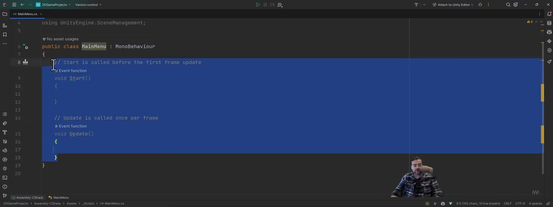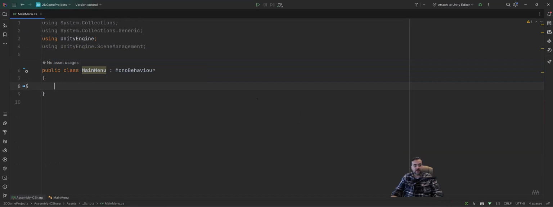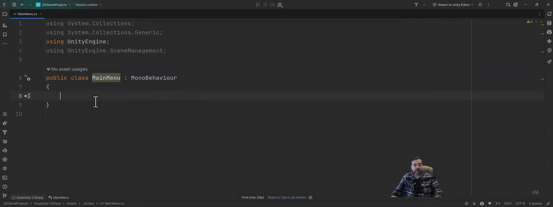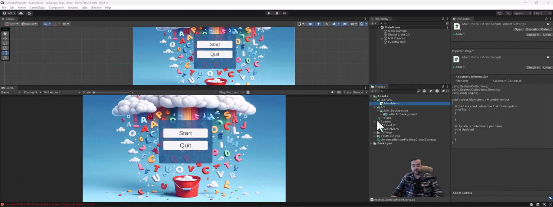I'm not going to be using Start or Update, so I'm just deleting that. Now, here's another thing that a lot of people get caught up on. These curly braces here indicate the opening and the closing of a block of code. So right now, make sure that when you delete those two on the inside, you only have the name of our class, which is the name of our file. And if you're having issues and it's not compiling, one of the things you want to make sure of, I see a lot of students do this, I'm going to double back for a second,